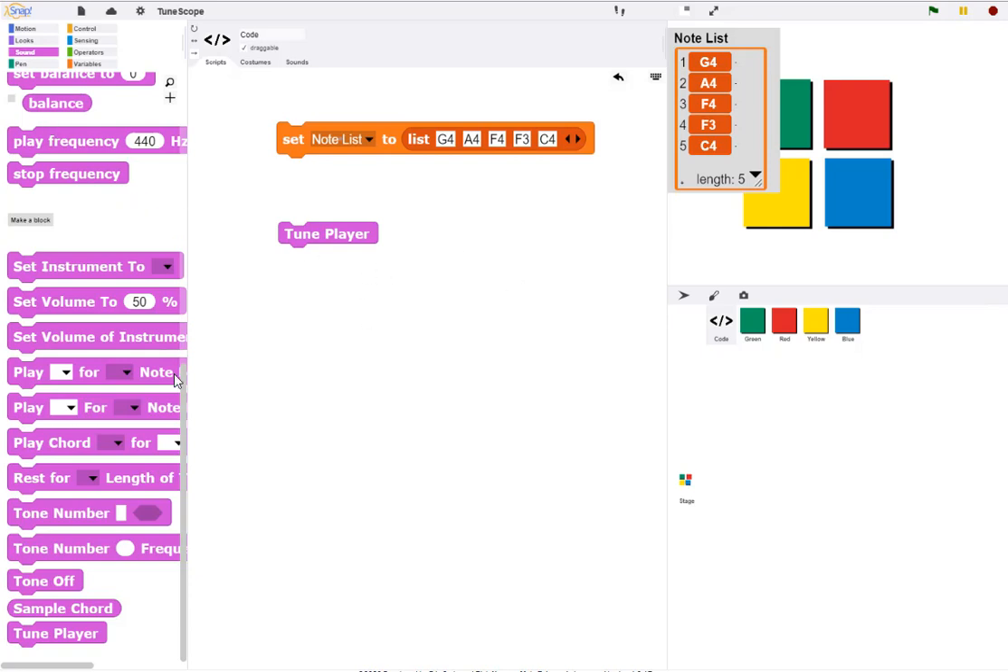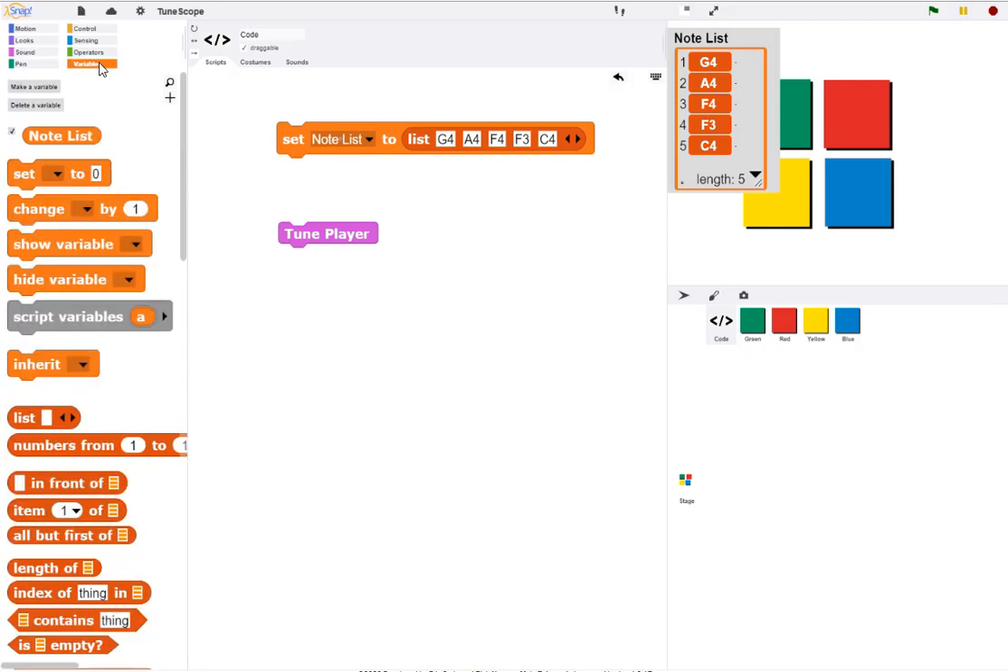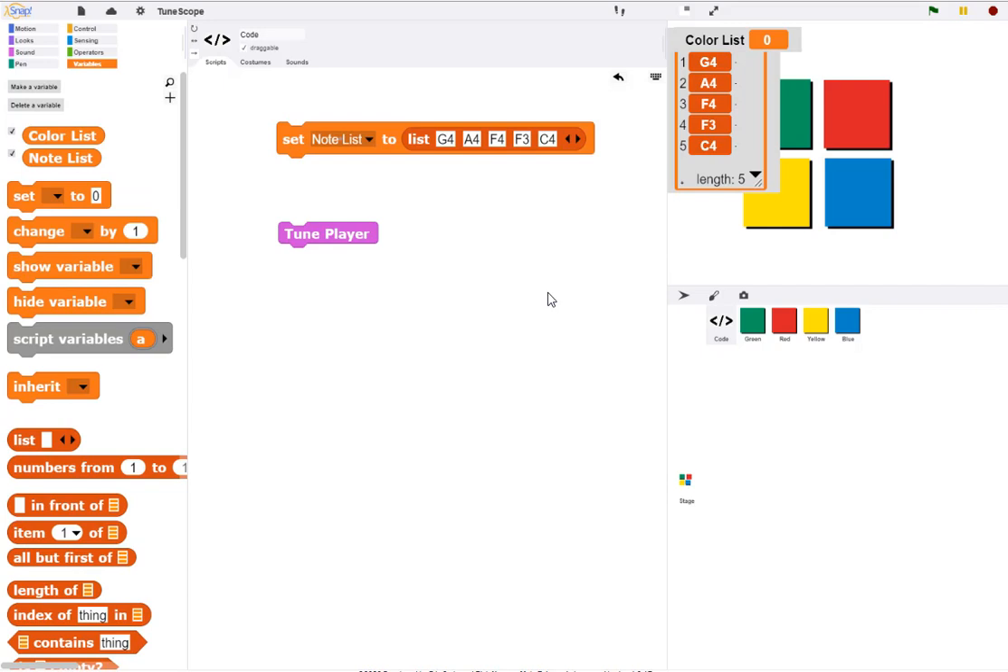So to accomplish that, we'll need a parallel color list, a list of colors. So let's create another variable that we'll call color list. And we'll want to do essentially the same thing that we did before, except now we're going to put some colors into our list. And we'll light up the yellow panel first. Yellow,